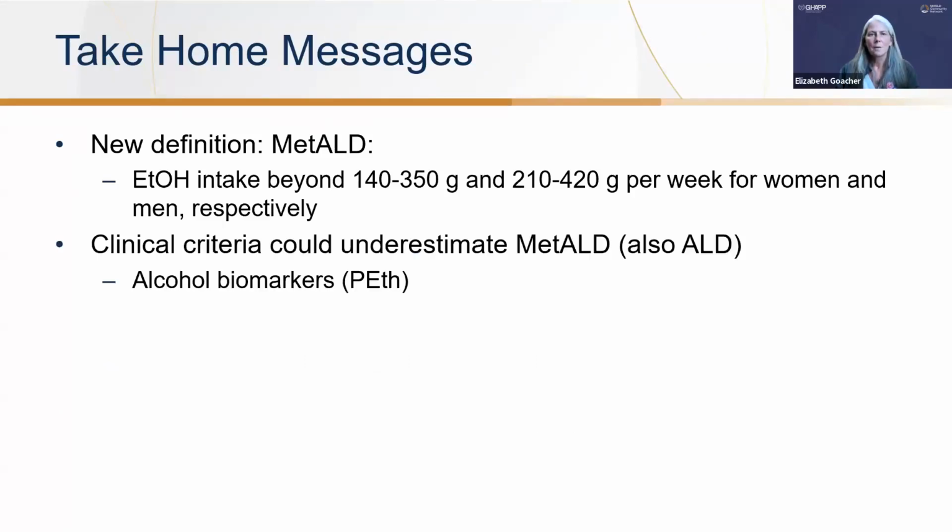So we're looking at our diagnosis of MetALD based upon grams of alcohol per week for women and men respectively, as represented here: 140 to 350 grams for women or 210 to 420 grams per week for men. We're wondering whether the biomarkers for alcohol exposure might be helpful. They are in some people, and if you have them as a tool, you talk to your patients about it: I'm going to use this test to try and measure your actual alcohol exposure in your system, would that be okay? As opposed to a gotcha moment. It's important always to do that.